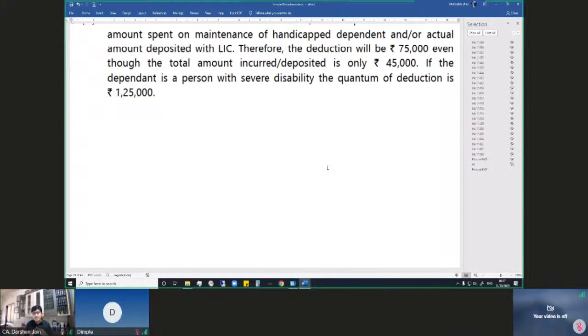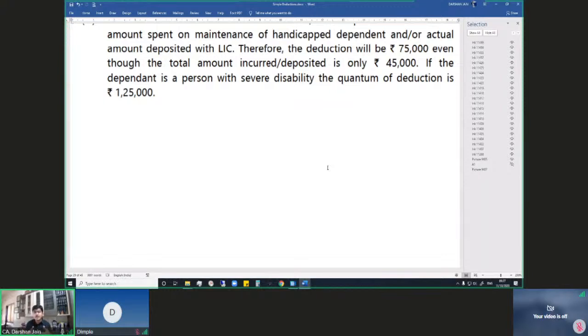For all of these deductions, the definition of family is different. In some cases, even dependent relatives are covered, brother, sister, dependent on the assessee. But then when you read it in totality, you'll understand that dependents are covered only in case of medical emergencies, like